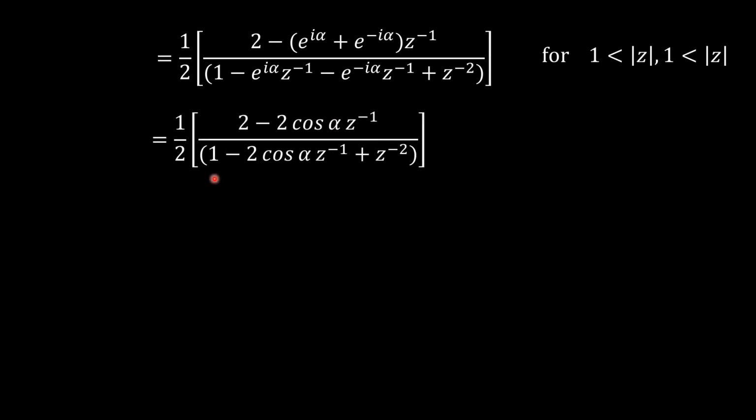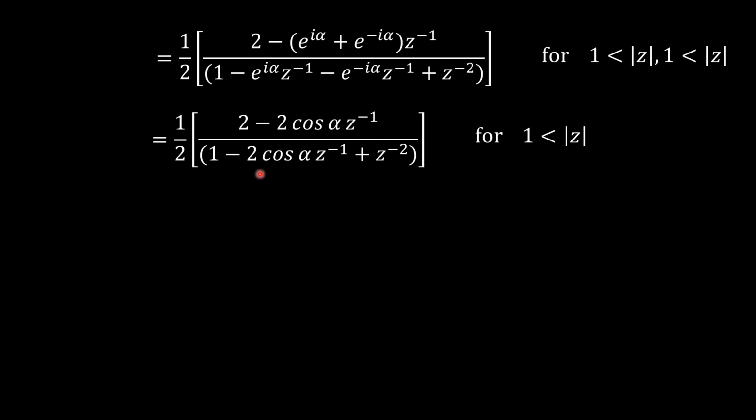Therefore, we will be getting a further expression as 1 by 2 into (2 minus 2 cos alpha into Z inverse) divided by (1 minus 2 cos alpha into Z inverse plus Z raised to minus 2), true for mod Z greater than 1. Now this 2 will get cancelled from numerator and denominator, and we are going to multiply both numerator and denominator